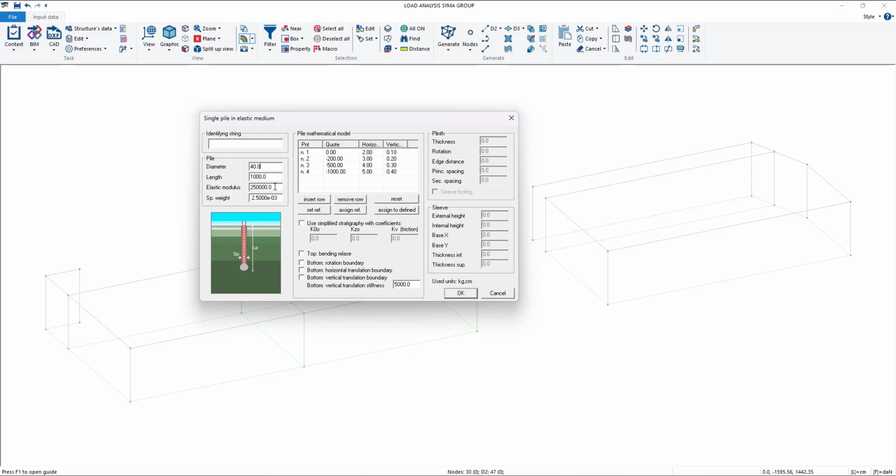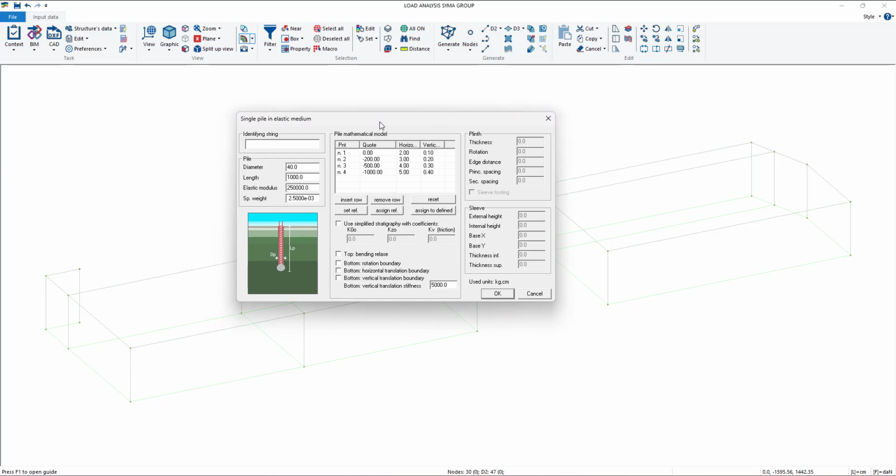So the only material properties that we need are the elastic modulus and specific weight that we insert there. Then here we have the pile mathematical model, which is basically a stratigraphy in which we insert quotes and the values for horizontal and vertical Winkler values.